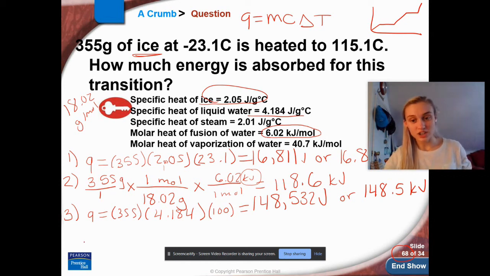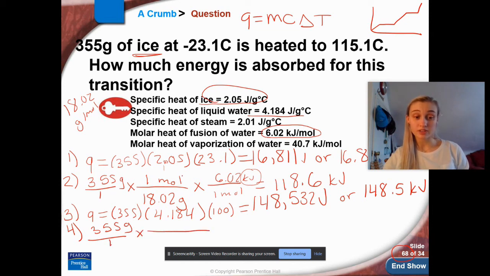Now we're at the next phase change because we're at 100 degrees now. So we're going to say part 4 is another one of these conversion problems. So again, we're going to say 355 grams over 1 times, and we already have this right here. We already have our molar mass calculated, so we can jump right ahead: 2.02 grams for 1 mole of water,